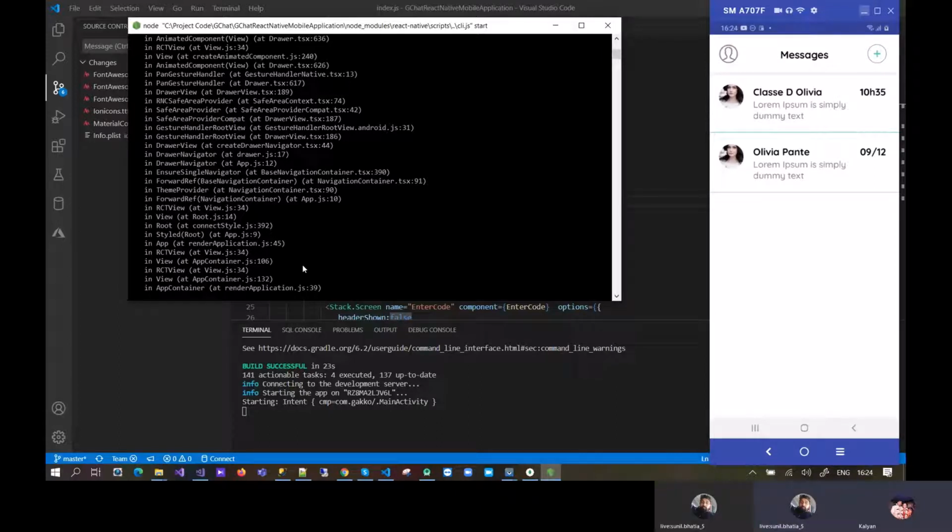Okay, let me first complete all the designs. Then we'll call you and connect. You can provide me TeamViewer access of your system, then I will create the APK from your system. Or you can guide me, and I can do it one by one. Or you can tell me the steps, I can do one by one.